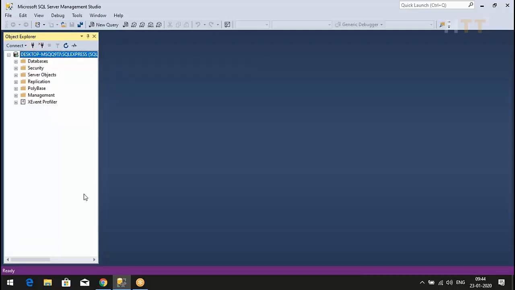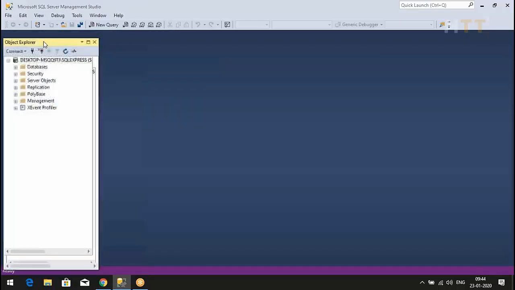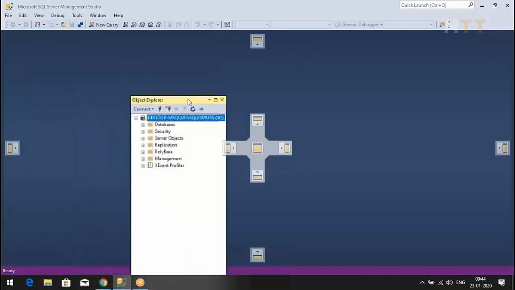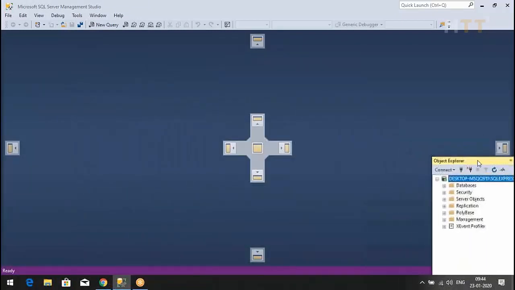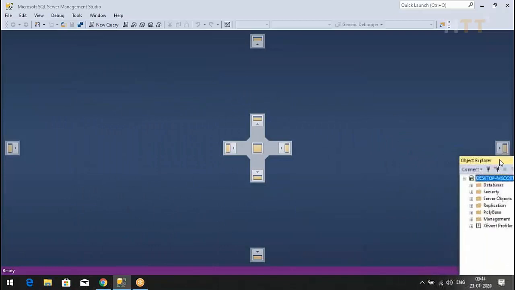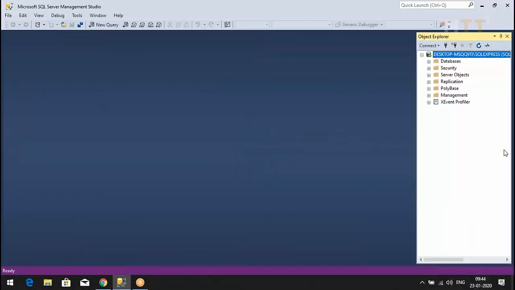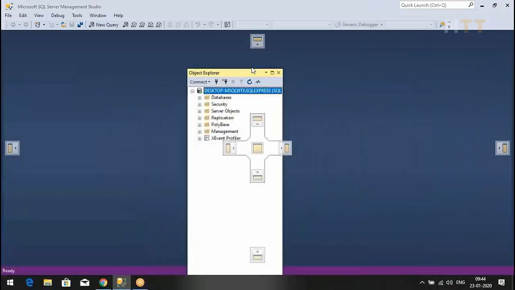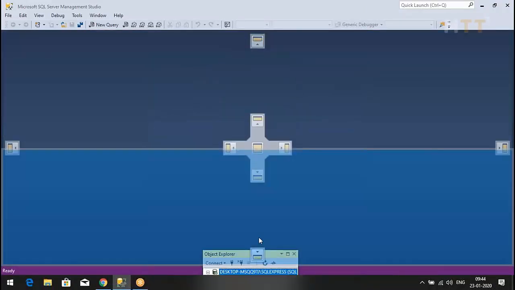Now the location of this window is on the left. If you want to hang it to the right, you can select this, drag, take your mouse pointer on this icon and leave it. It will get pinned on the right. But this is the normal place, and you can pin it anywhere you want.